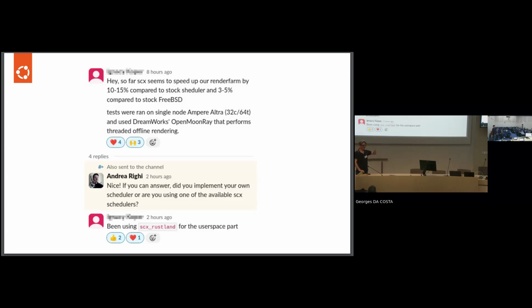But I don't know if this was just pure excitement, or if the measurement was completely off. Apart from that, I'm shocked to see that someone actually tried to use this in production. I was expecting comments like, dude, I tried your scheduler and it crashed my entire fleet, or stuff like that. So it proved that it's usable. Again, like Thomas was saying, it's a toy and people can play with it.